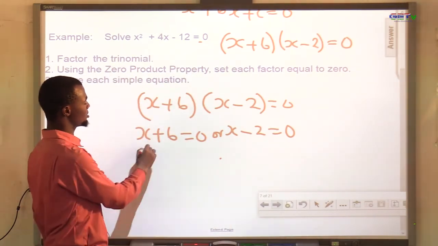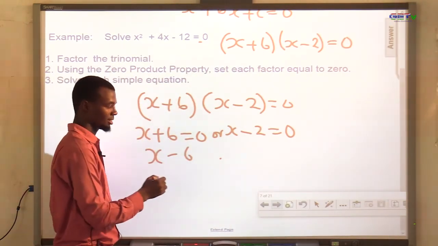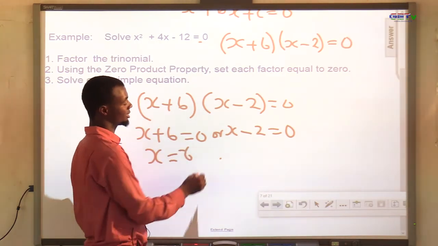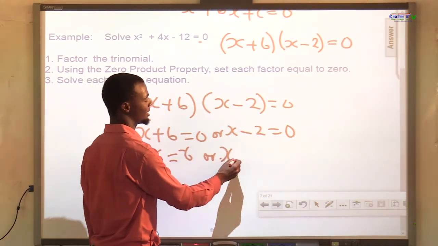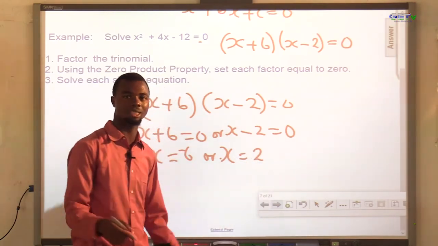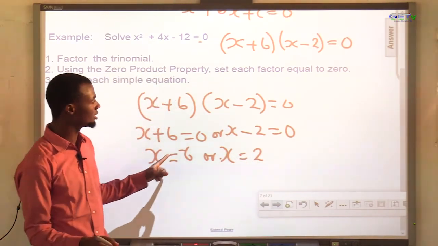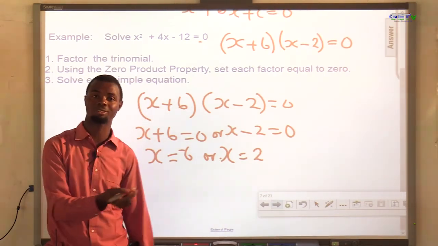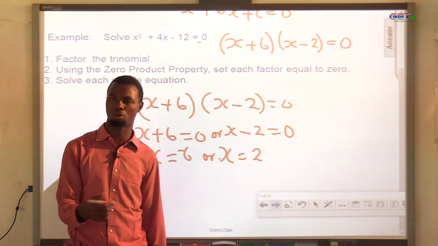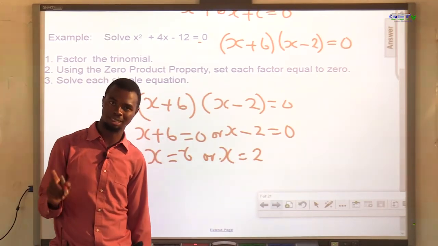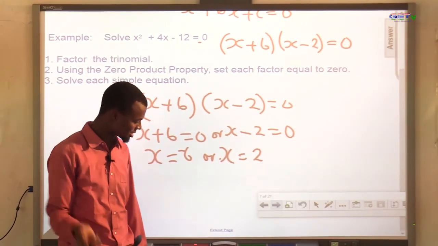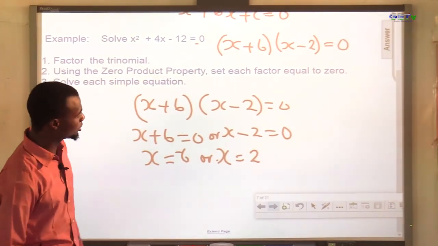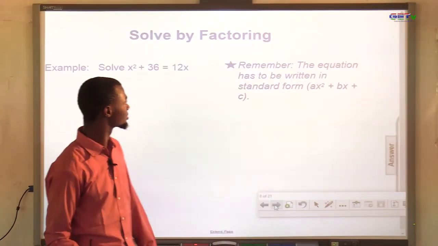Now if you solve this, x will be negative 6, or your x here is 2. So these are the two values for the equation. When it is an equation, if you solve, you will have two values of x. x will be either negative 6 or 2, because it is a quadratic equation. Its highest degree is 2. So we go to the next slide. We see